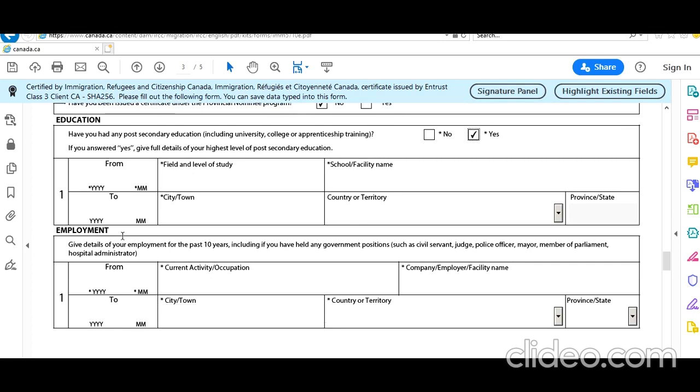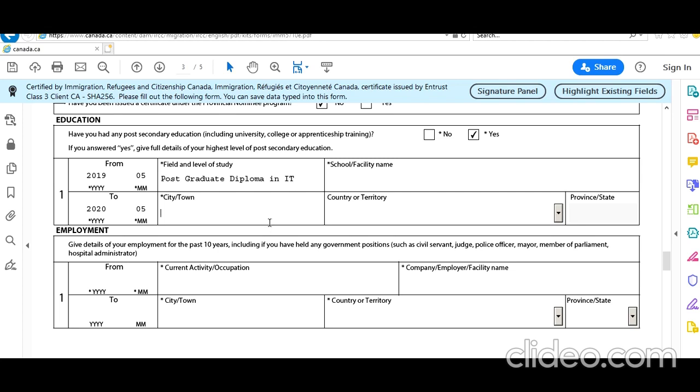Let's say 2019, I'm just writing samples, to 2005, he did a postgraduate diploma, just a sample.